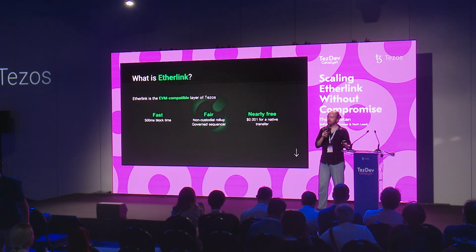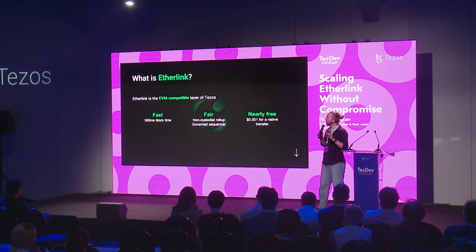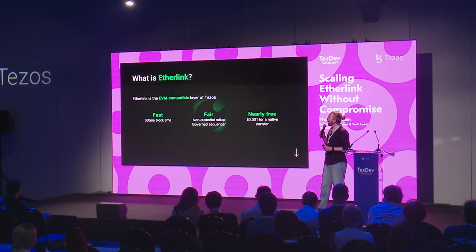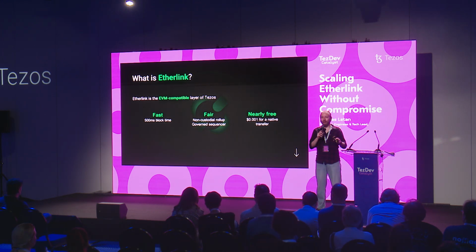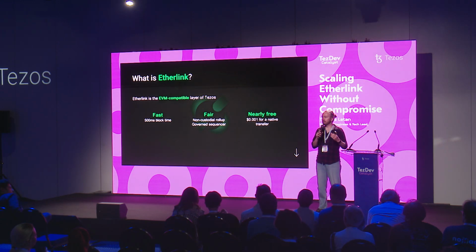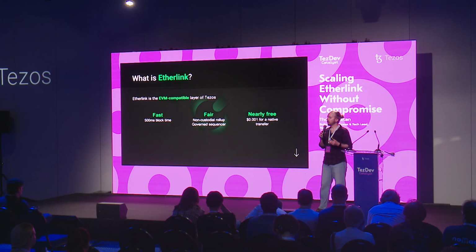In a nutshell, if we keep to the essence of what Etherlink is, it's the EVM compatible layer of the Tezos. And if we dig a little more, how we have implemented that, it's a layer 2 blockchain that is built on top of optimistic rollup, but that's implementation details. What we wanted to do with Etherlink, first and foremost, was to bring EVM compatibility to the Tezos ecosystem at a time where it could make a difference.